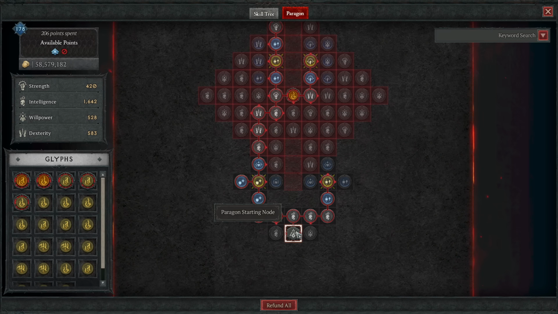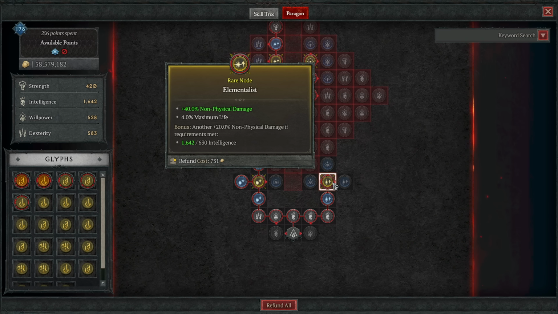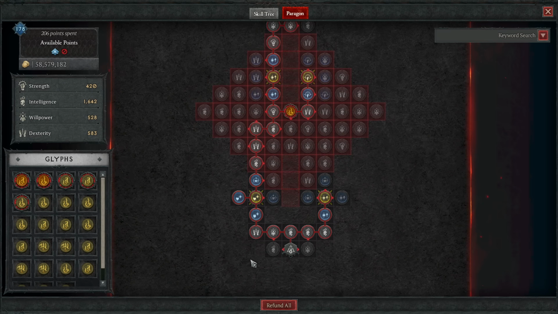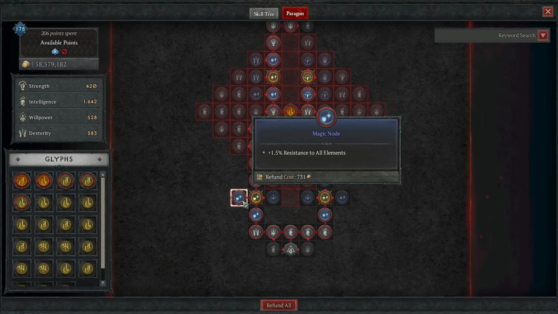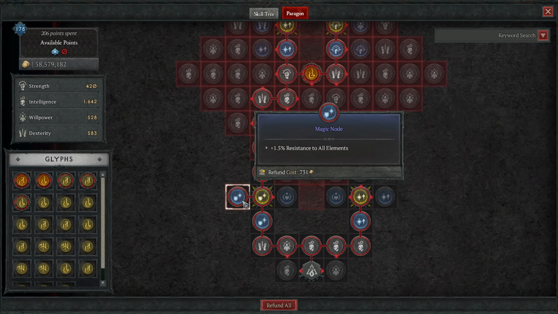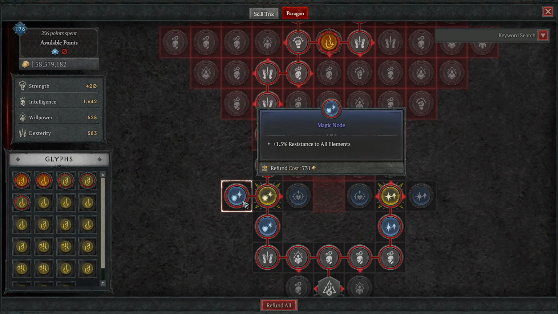In any case, yes, we begin initially up and right, grab your Elementalist. The non-physical damage is lovely, especially with Enlightenment. Then head up to Resilience and grab the extra All Resist 2. Now, this is going to keep coming up as we go through the Paragon, so I will simply say it